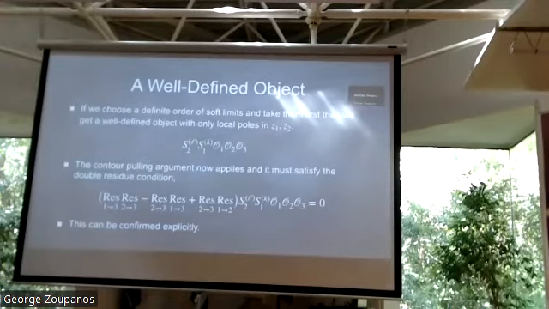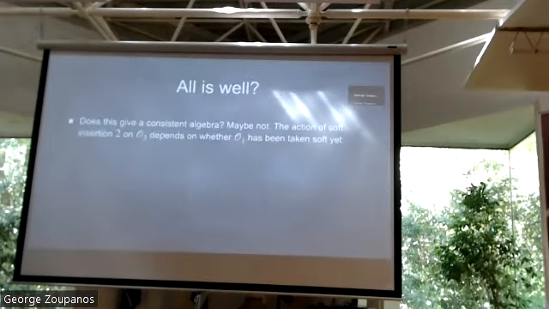I've checked it confidently for the sub-leading Yang-Mills, and less confidently for all of Yang-Mills, or plus F cubed. Right. So all is well then, maybe. We've got an object that satisfies the double residue condition, which we recognize as Jacobi for current algebras. But it's still a little strange, because for example,